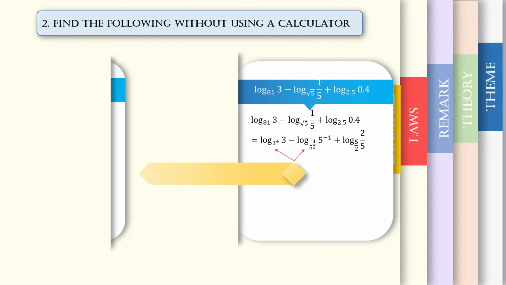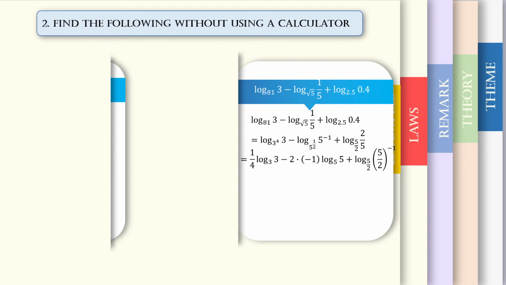Next, by using the following property of logarithm, for the first two logarithms, we will get the following form of the exercise. 1 over 4 logarithm base 3 of 3 minus 2 multiplied by minus 1 logarithm base 5 of 5 plus, and here is a small trick. We can invert 2 over 5 into the form 5 over 2, but we must write it to power minus 1. So the third logarithm will be written logarithm base 5 over 2 of 5 over 2